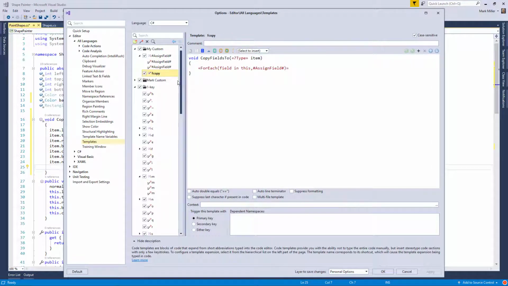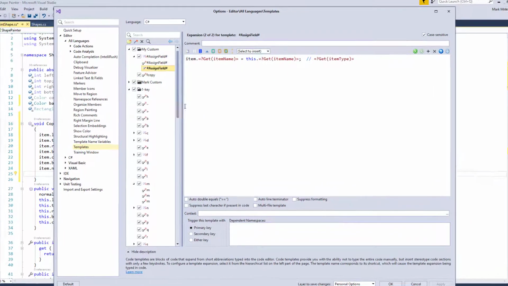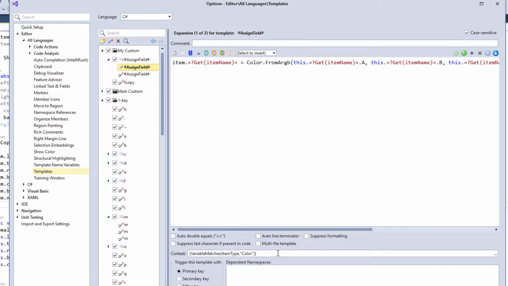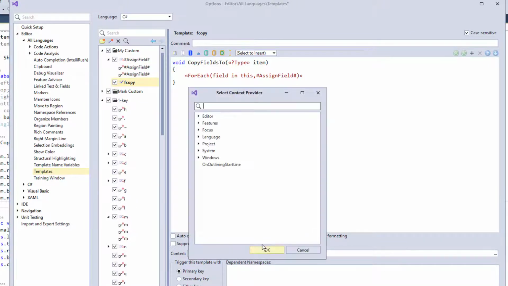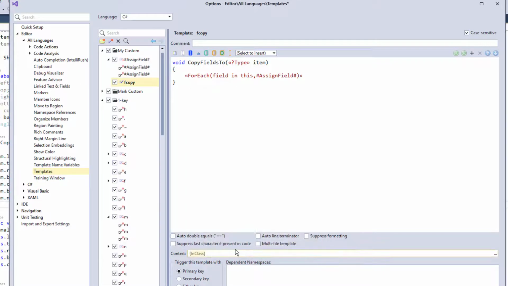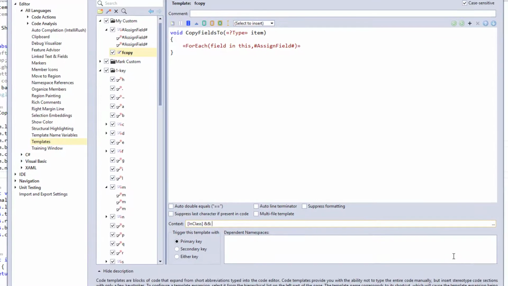So what did we look at? We looked at setting up context. Context allows you to decide if it makes sense for the template to expand. On fcopy, for example, we can use one of my favorite contexts. We can come in here and I think there's an in class. There it is right there. We can say in class as our context. So this will only expand if we're in a class,